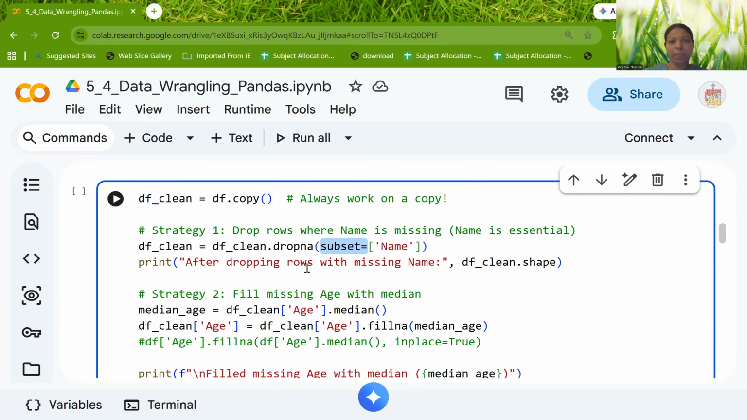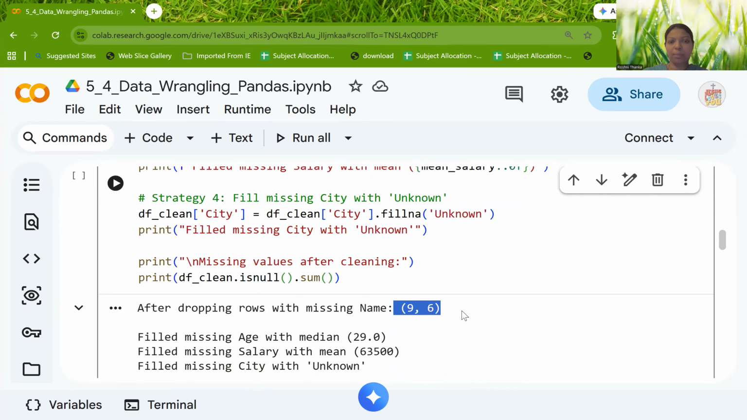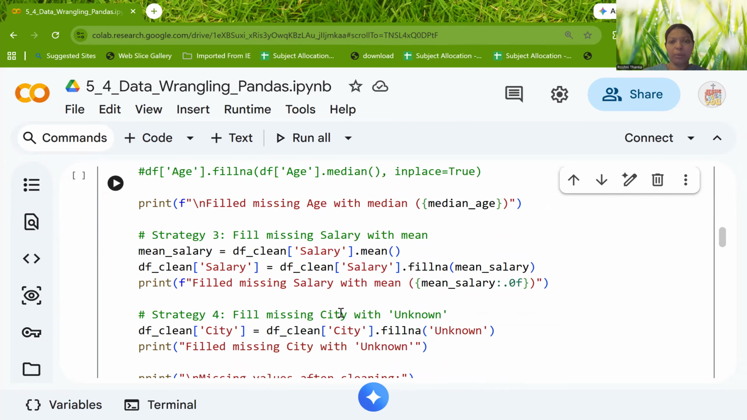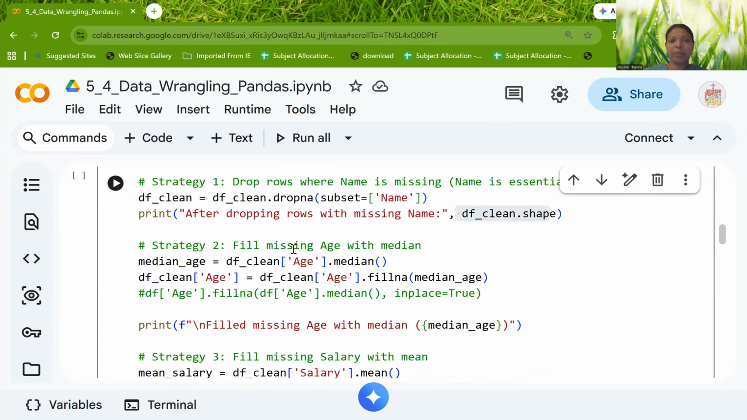After dropping the row, if we see the shape, previously there were 10 rows and 6 columns. When I drop one particular row, there will be 9 rows. So you can see here, 9 rows and 6 columns after dropping the value. So here is how we can drop a particular row completely if it has a not a number, not available value. And the next one is